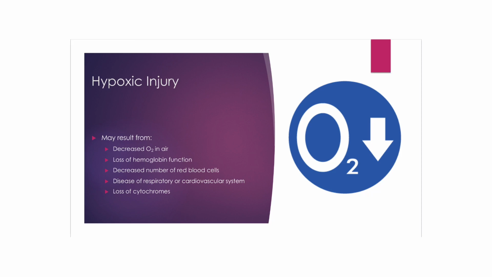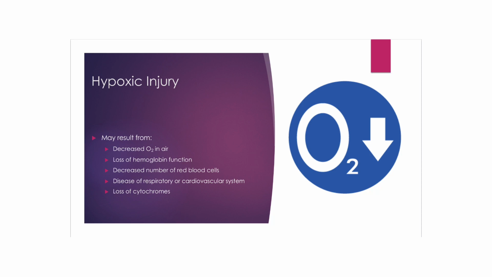Hypoxic injury is the first type of cellular injury we'll talk about, and that can be caused by many different things. All of them result in a hypoxia, or a decreased amount of oxygen making it into the cell. You could have decreased oxygen in the air. You could be in a hypoxic environment, like high up on top of a mountain, or in a very deep area, like a deep cave. You get different changes in atmospheric pressure, and that can cause thinner air, is what they call it. They say the air is thin, but it's a decreased amount of oxygen saturation.